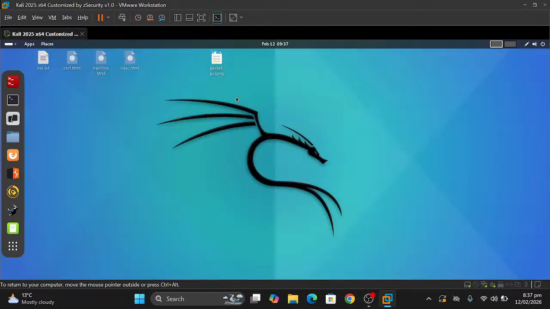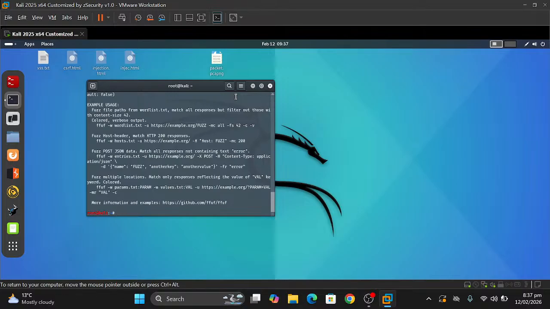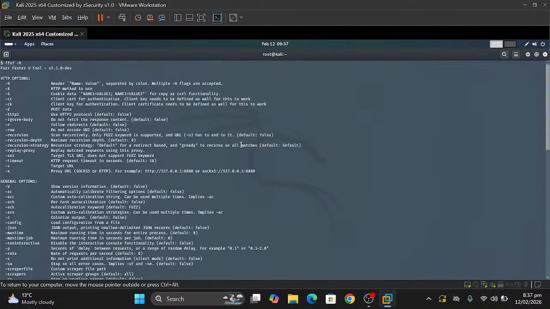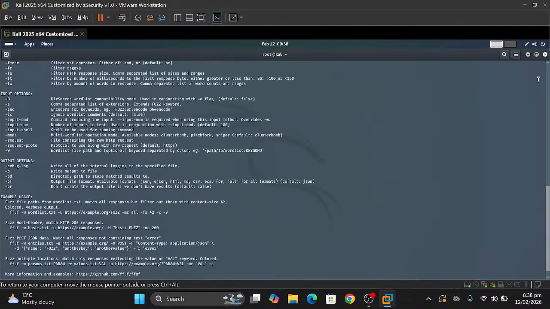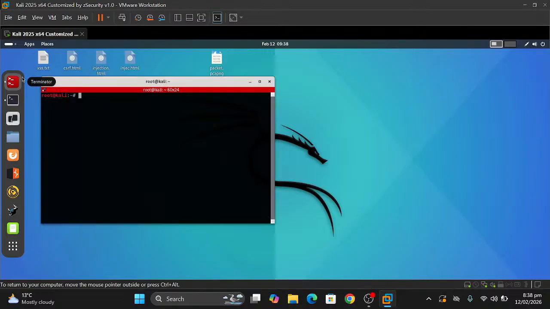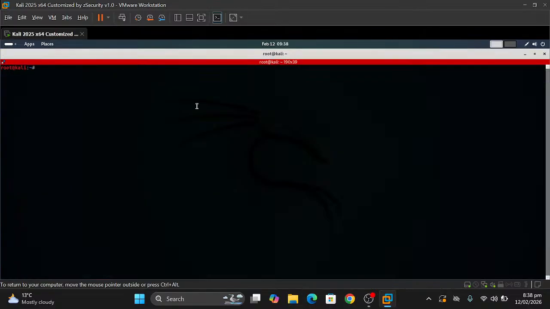So here is the FFuF tool. What is the basic FFuF syntax? This is the help menu of this tool, the whole manual of this tool. First I open this on my root terminal, which gives me root privileges. The basic command looks like this: ffuf